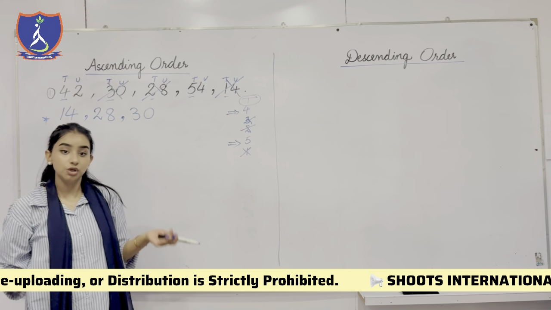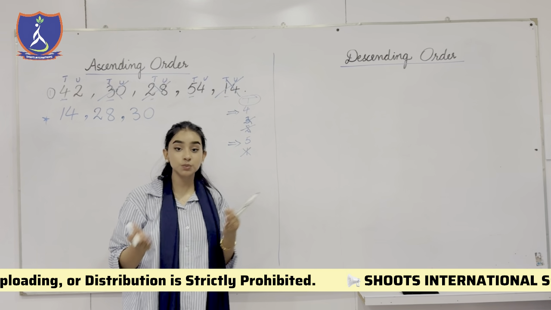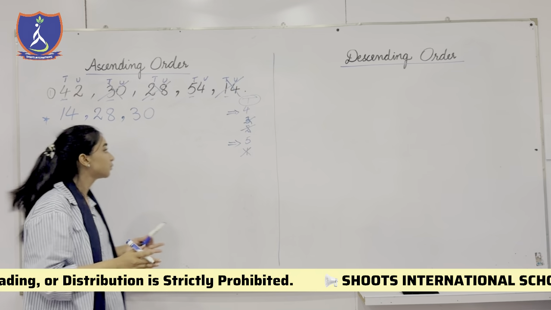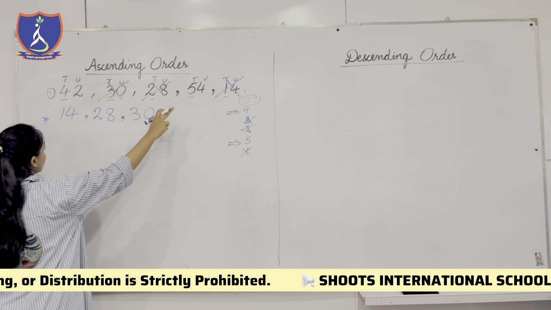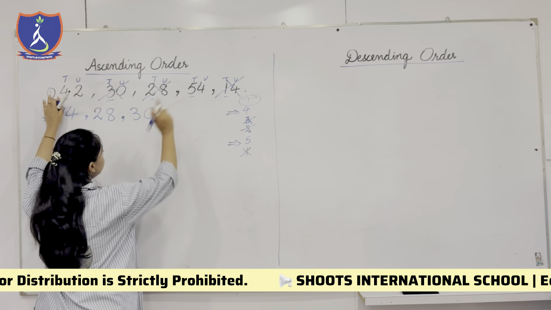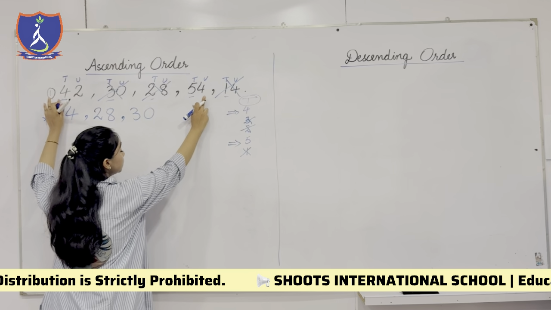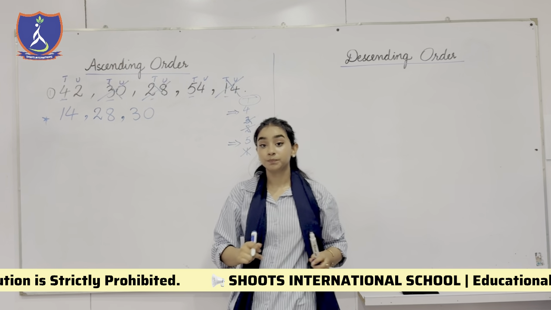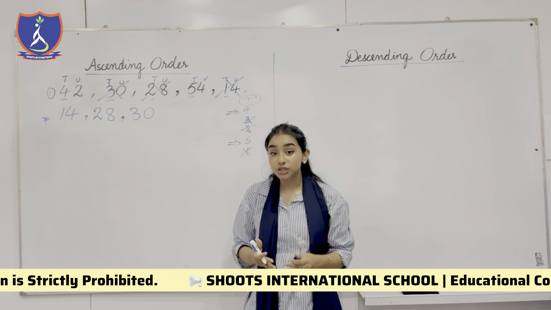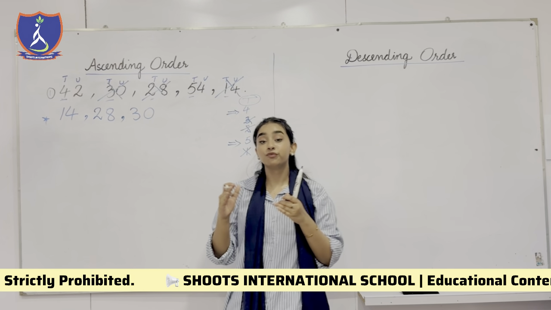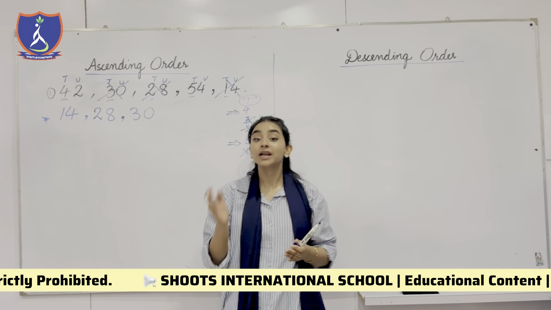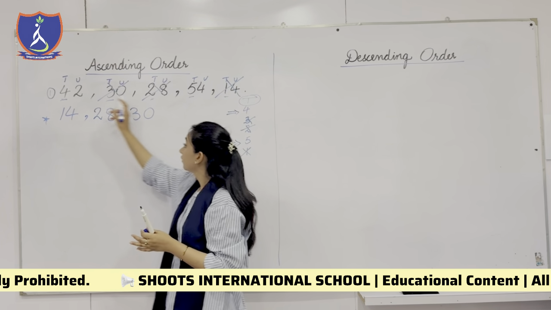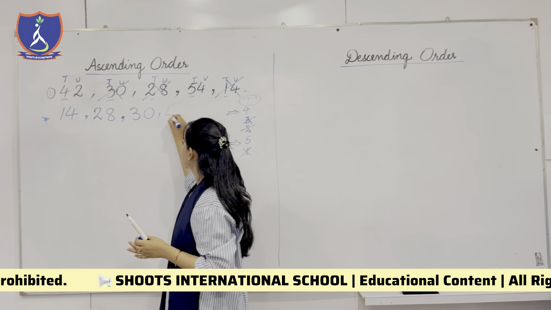Which one is the smaller? You people know this. 4 and 5. Which is smaller? Number 4 is smaller. Let's find out where is 4. Now we have 4 over here and we also have 4 over here. What do you think? Which one is correct? 54 or 42? The number would be 42 because we have to find out 4 at the place of tens. Now 42 is our next number.